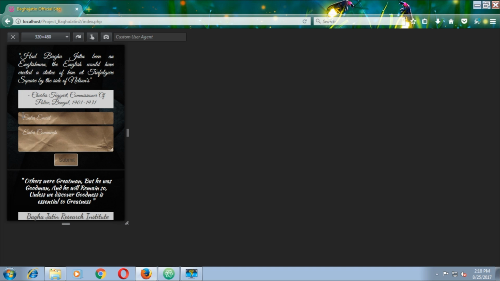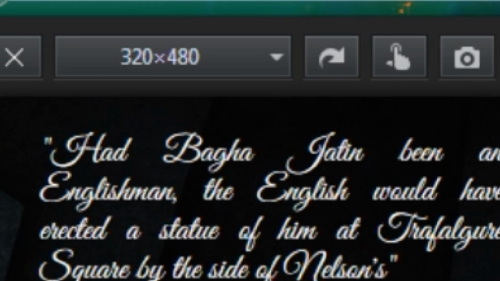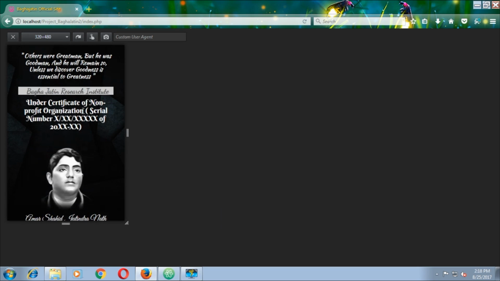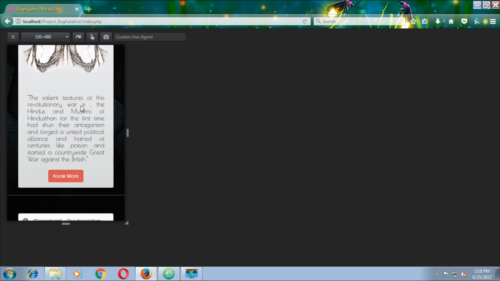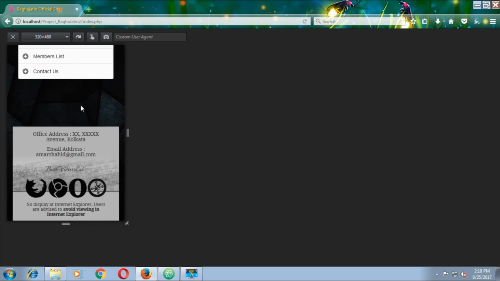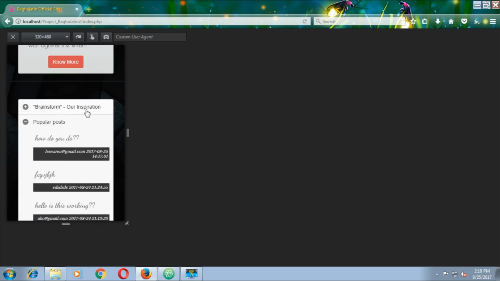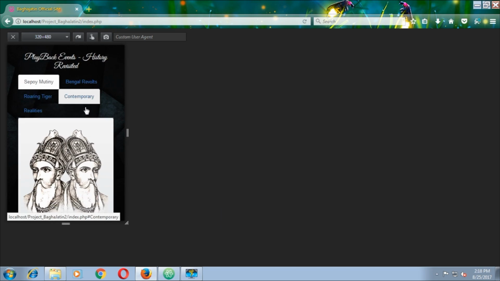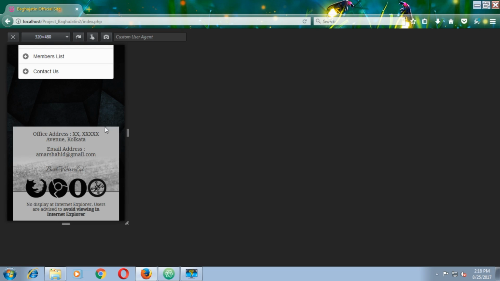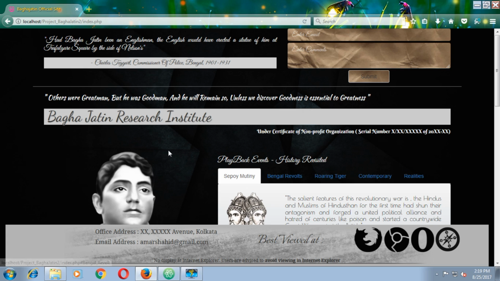If we switch back to our mobile responsiveness preview, we can see that at 320 and 480 pixel dimension here, everything is quite okay. Everything is coming down vertically, stacked down one over each other. And another thing that we need to observe over here is we are having no more sticky footer over here. This is what we want to emphasize to you.